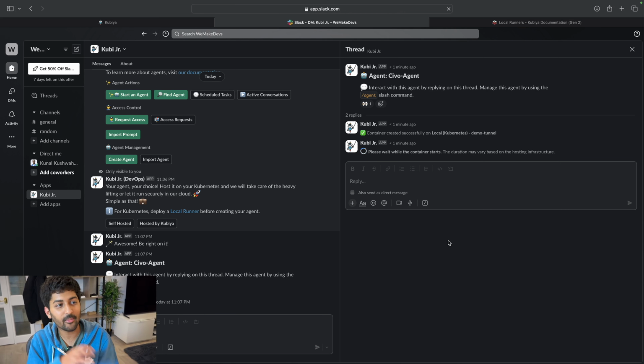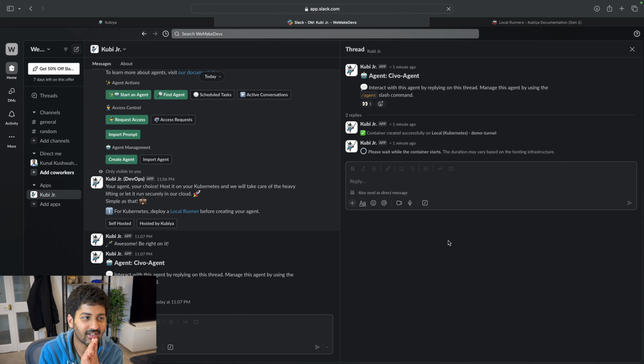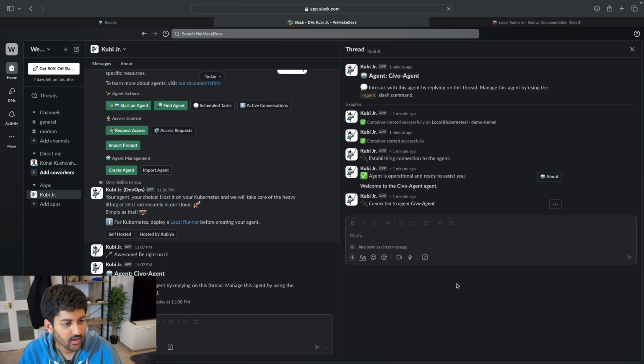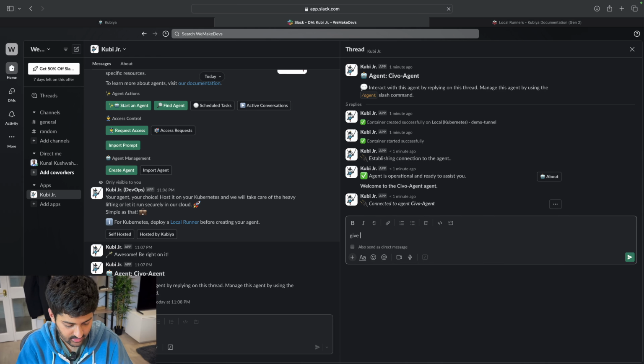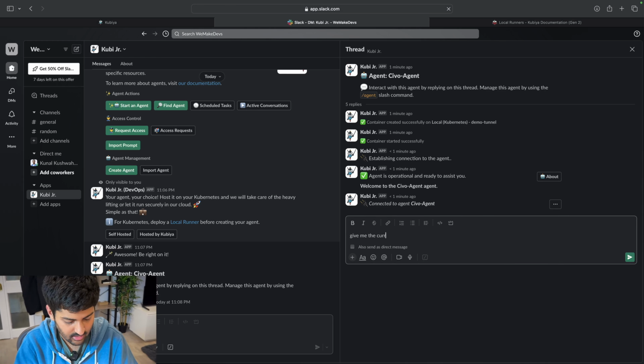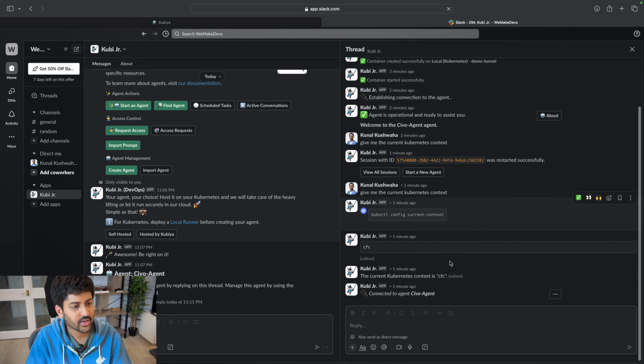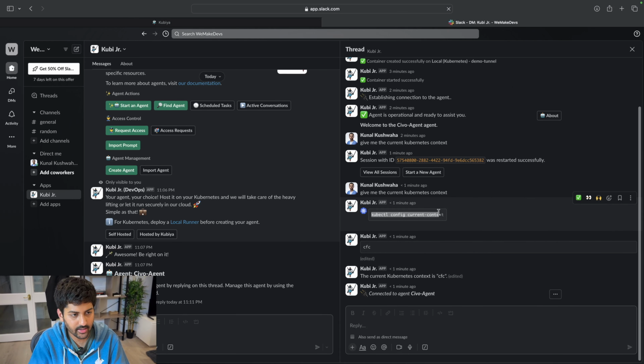So excited. So now basically I can play with my Civo cluster using QBR, or QBR can play with my Civo cluster. It's going to be very exciting. All right, that looks good. I'm just going to ask it, give me the current Kubernetes context. Let's see what it says. Okay, so here we can see it's giving me the answer. It's by running a kubectl command.